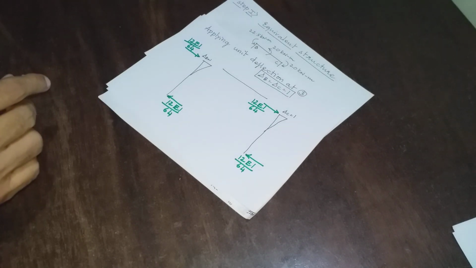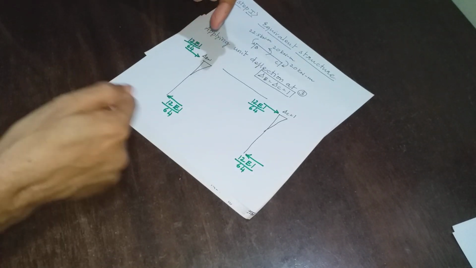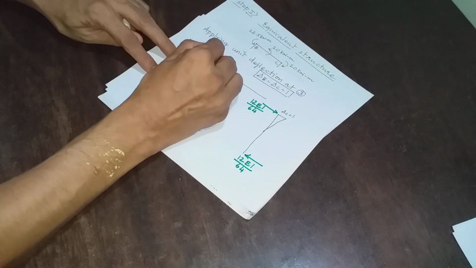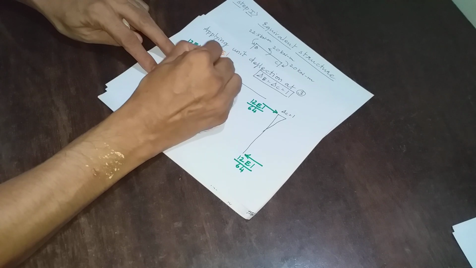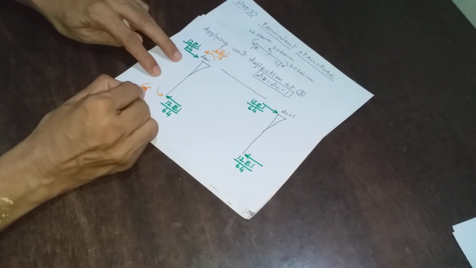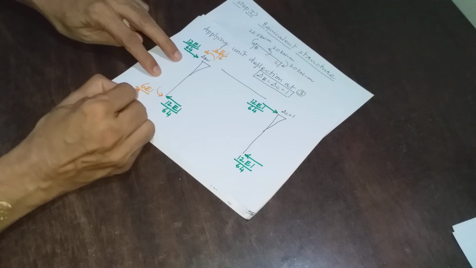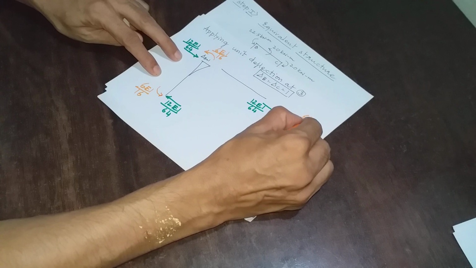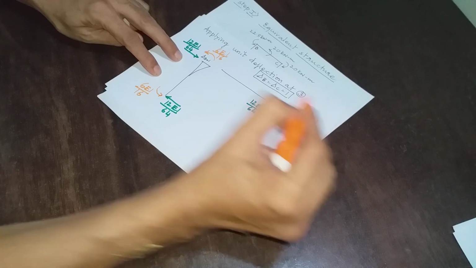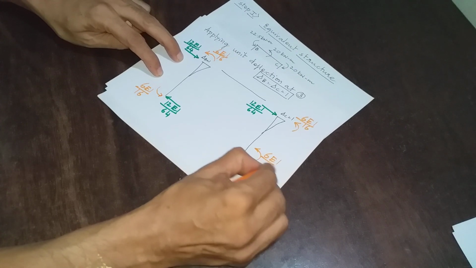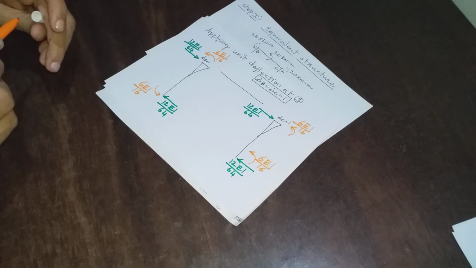Now since this is a translational stiffness diagram, these two will try to rotate in the clockwise direction, so there must be some anticlockwise moments, 6 EI by L square, that is 16. Similarly over here 6 EI by L square, that is 16, and here also 6 EI by L square, that is 16. So this is the diagram.